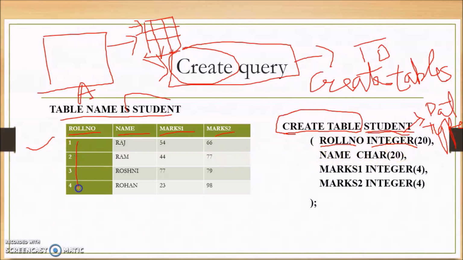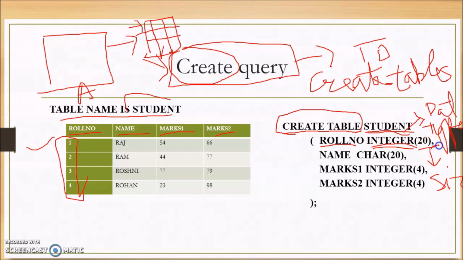If you can see in this table, these are in numbers. So if I want to identify which data type can be used for numbers, that is integer, and this is the maximum size, you can call it the size.